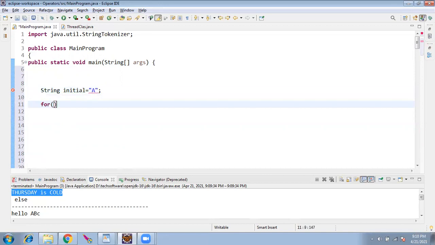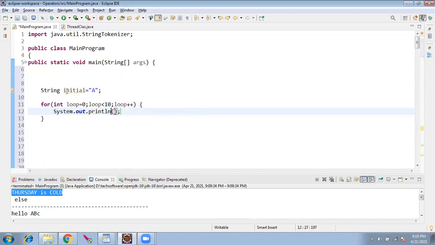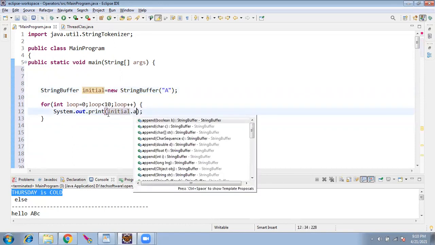I'll give a for loop, for int loop equal to 0, loop less than 10, loop plus plus. Sysout, I'll not do println, just print. Here I'll give a StringBuffer. StringBuffer equal to new StringBuffer. With this, we'll wind up today's session. Initial dot append